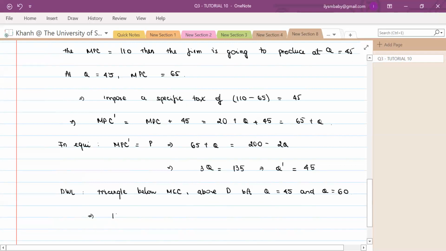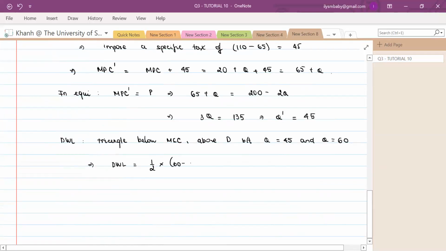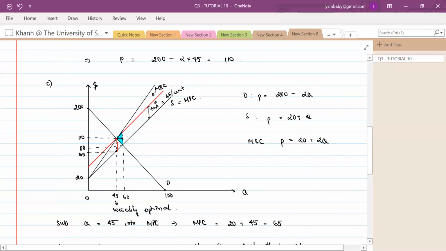So the value of the deadweight loss is just half. To calculate the value of the triangle, it's half of the height, which is 60 minus 45, times the base. So the height is 60 minus 45. And what is the value of the base? To calculate the base, we know that at 60, the demand is equal to 80. And if you go all the way up to the marginal social cost, to calculate the value at this point over here,